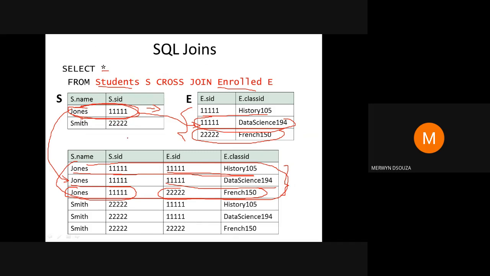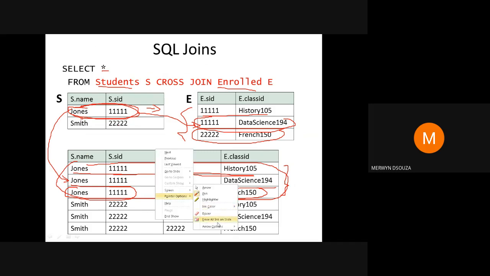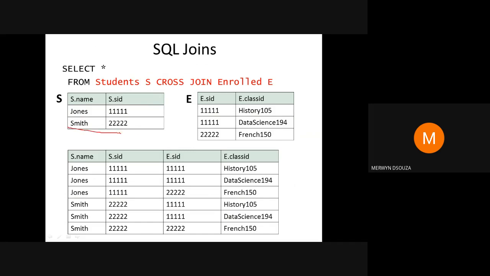It takes Smith 222 combined with the first row, then Smith 222 with the second one, then Smith 222 with the third tuple.